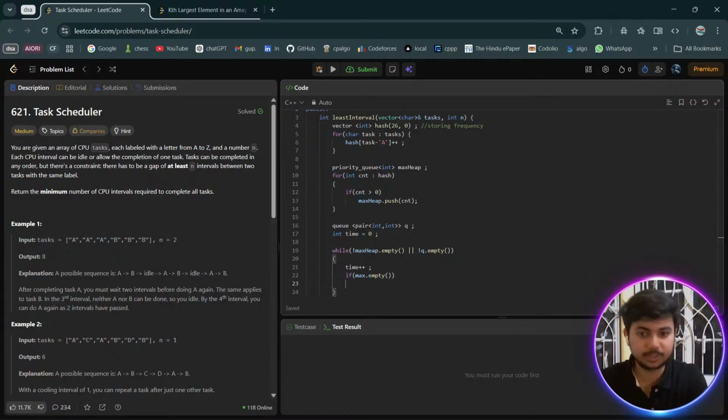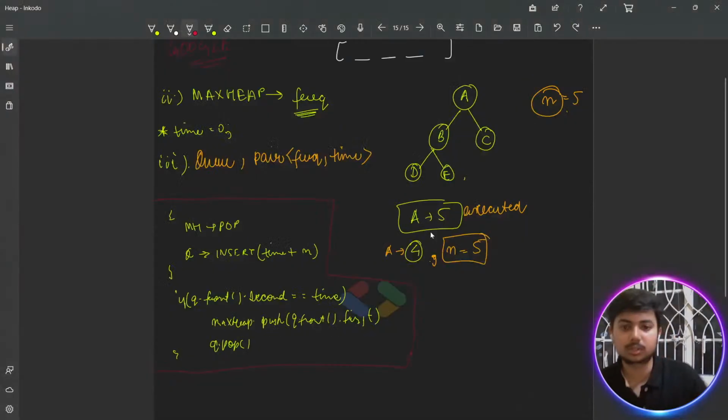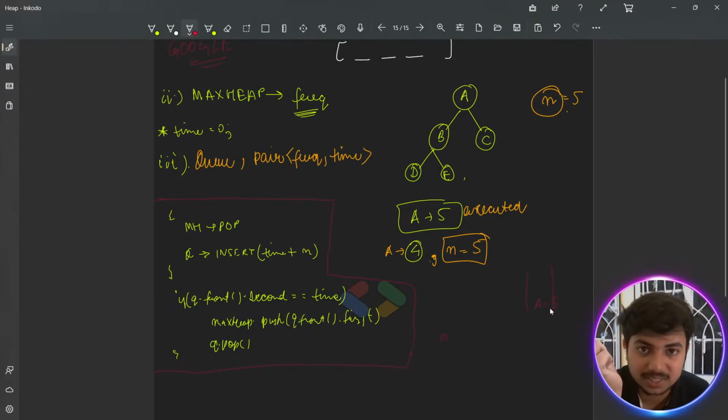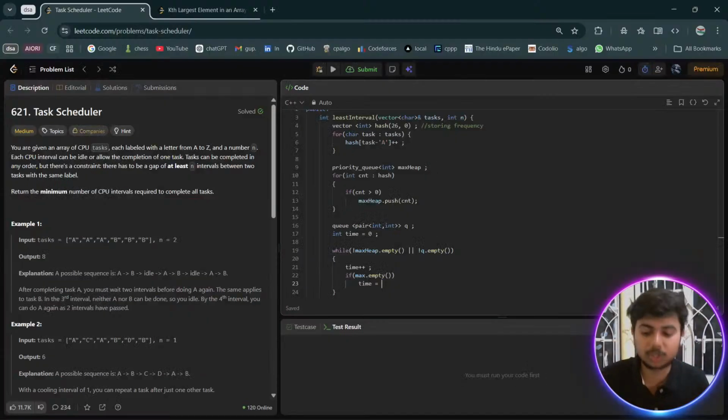और अदर मैक्स हीप अगर एम्प्टी हो जाए, सो वी कैन मेक टाइम को क्या बना सकते हैं, मतलब मान लो कि तुम्हारे पास हीप में कुछ बचा ही नहीं, बट क्यू जो है वहां पे एक ए है जो कि 5 सेकंड के लिए वेट कर रहा है, और अभी पर्टिकुलरली टाइम है मान लो 10। ठीक है, और हीप तुम्हारा खत्म हो चुका है और ये स्टिल 5 सेकंड के लिए वेटिंग है। तो व्हाट कैन वी डू? वी कैन डायरेक्टली मेक टाइम टू दिस पर्टिकुलर थिंग, मतलब कि तुम टाइम को यहाँ बना करके ए को वापस निकालना चाहोगे ना, कि ए को तो बाहर कर दो, क्योंकि वो कूल डाउन करेंगे, क्या करेगा। तो अगर हमारे पास हीप में कुछ नहीं है, सो टाइम विल बी इक्वल्स